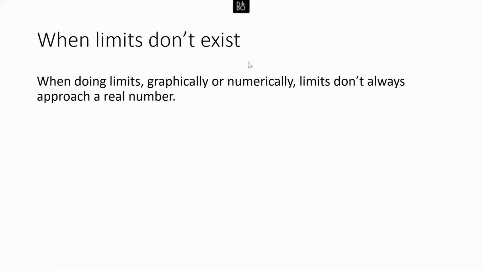We've done a few examples here of finding limits, but so far, every time we found a limit, it actually existed. It turns out that's not always the case. In other words, our functions don't always have to approach a single real number as we get closer to a value for x. Now we're going to look at a couple of different ways that this can happen.